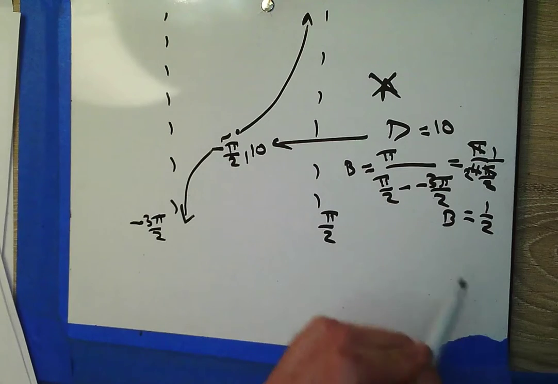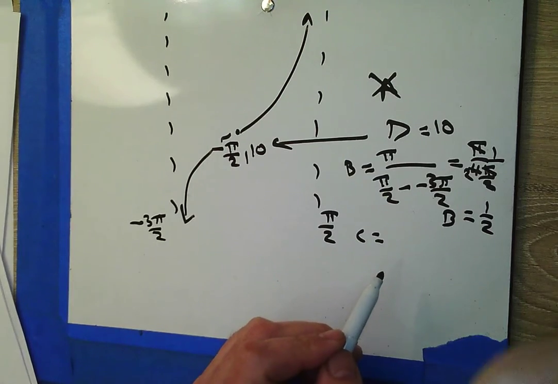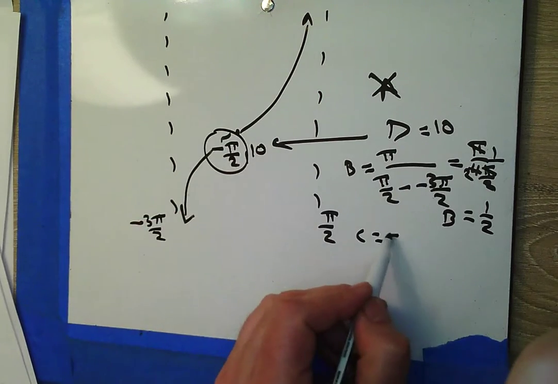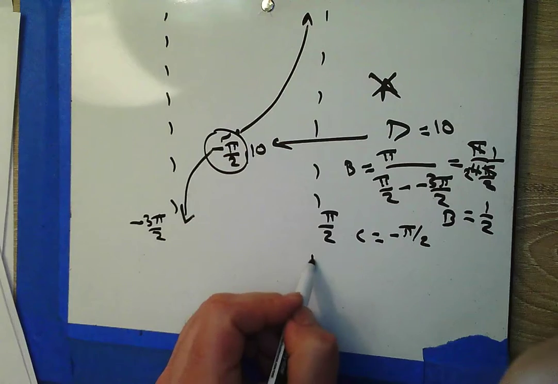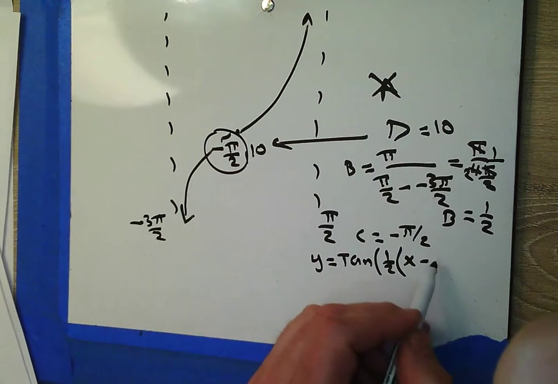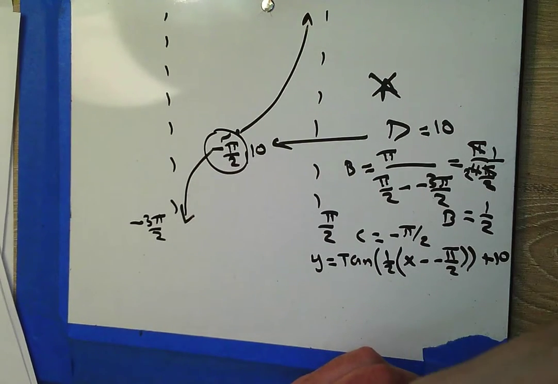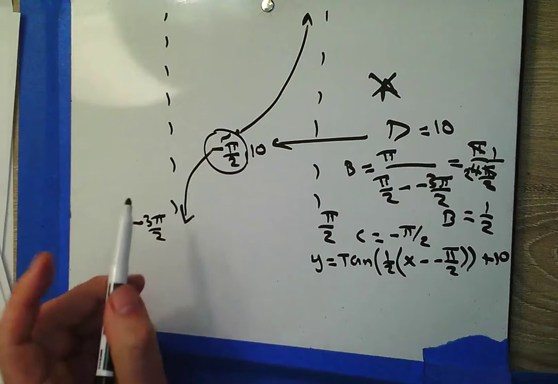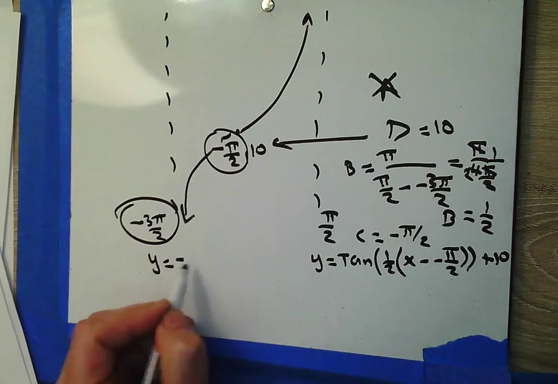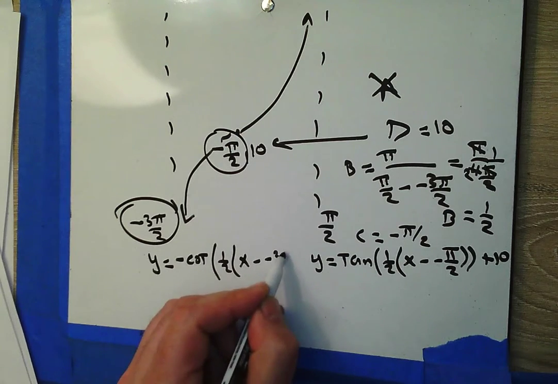Be careful with this one. B should be 1/2. And my C value, again, it depends on whether I see this as a tangent or a cotangent graph. Looks like positive tangent graph to me, in which case this is my C value, negative pi over 2. And so we would write y equals positive tangent 1/2 x minus a minus pi over 2, close 2 parentheses, plus 10. But if we saw this as a cotangent graph, a negative cotangent graph, this would be our C value. And we would write y equals negative cotangent 1/2 x minus a minus 3 pi over 2